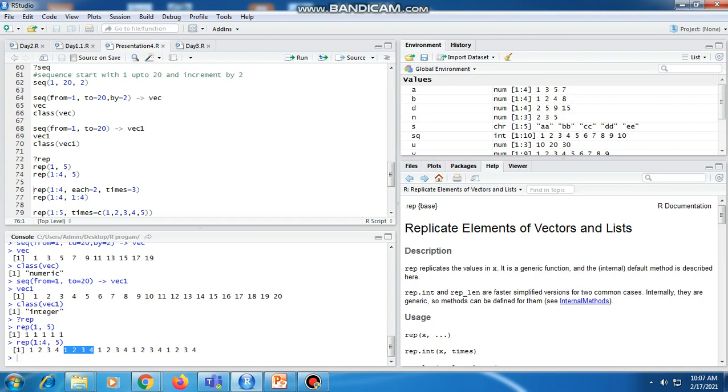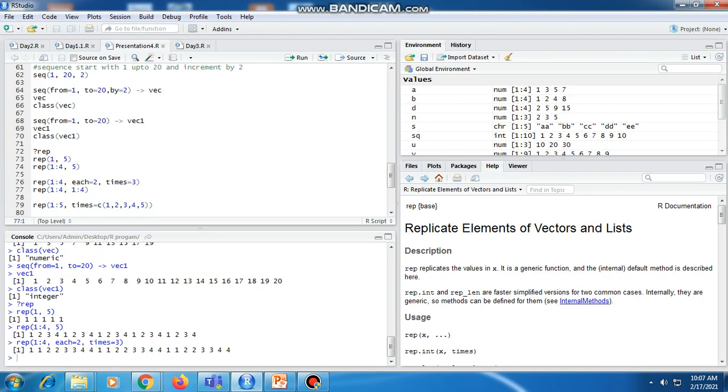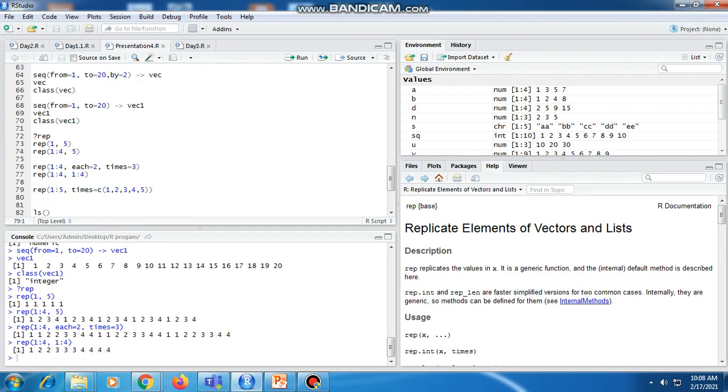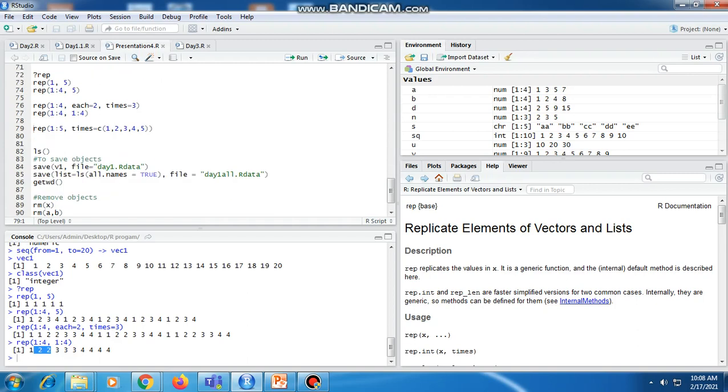If we want to repeat 1 to 4, each by 2, and it is 3 times, it means every number gets repeated 2 times, so it becomes 1 1 2 2 3 3 4 4, and this happens 3 times. And the same thing, if we do it like this, 1 gets repeated 1 time, 2 gets repeated 2 times, like this. These are all the variations of the repetition function.